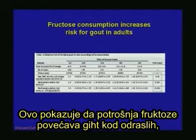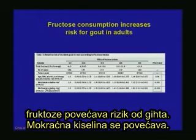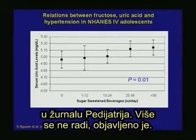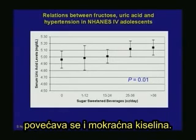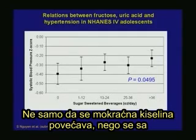So this just shows that fructose consumption increases gout in adults. Okay, so this is a study that came out last year showing that fructose consumption increases the risk for gout, showing that uric acid's going up. And this is a study done by our pediatric renal fellow, Stephanie Wynn, just published in Journal of Pediatrics. Okay, it's not submitted anymore, it's long in press. Okay, showing that this is in the NHANES database in the adolescents, showing that sugar-sweetened beverages, as it goes up, your uric acid goes up. And not only does your uric acid go up, but here's your